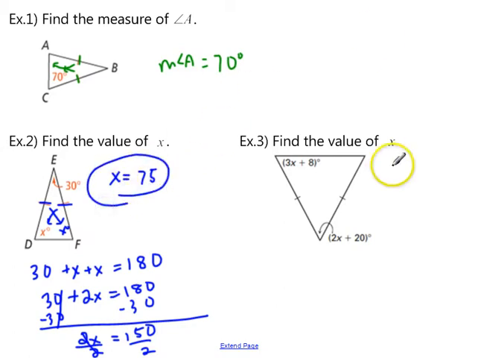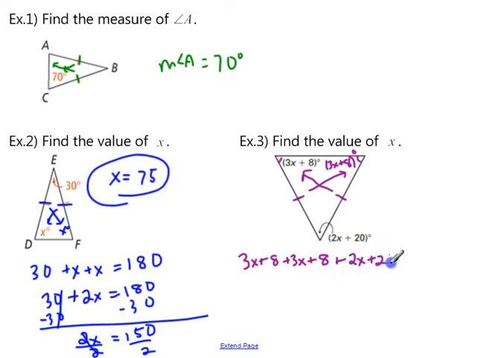Now we're going to take that same idea in example 3 and find the value of X. So again, here we find our two congruent sides, and then the angles opposite from them are congruent. But we run into that situation again where we have one of the measurements but not the other. So since we know that they're going to be the same, we can go ahead and label this one 3x plus 8 as well. Then we can add up the three angles in the triangle and set it equal to 180. So 3x plus 8 plus 3x plus 8 plus 2x